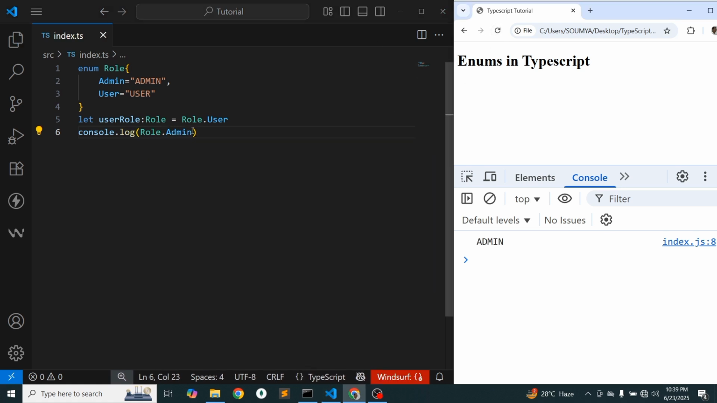Okay, so actually here we are assigning that into the userRole variable and then printing it, but here we can directly access it. Very easy. Okay,